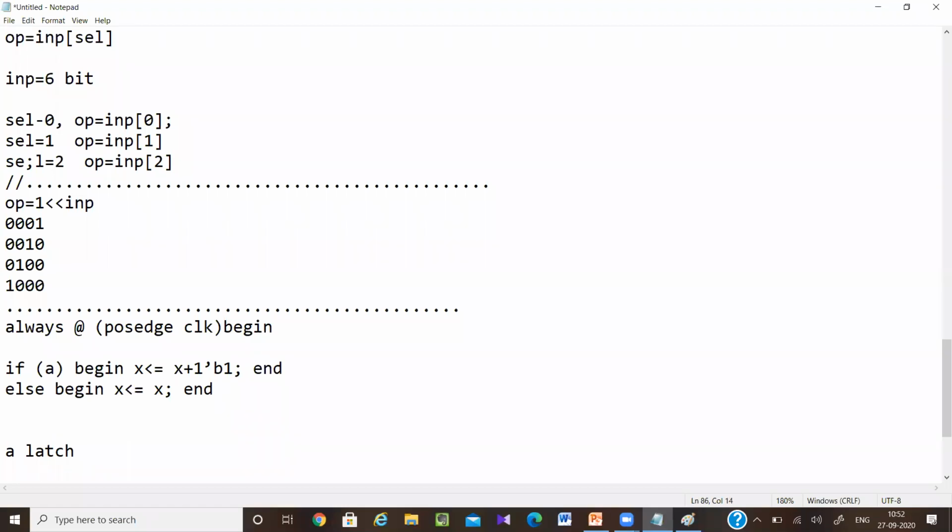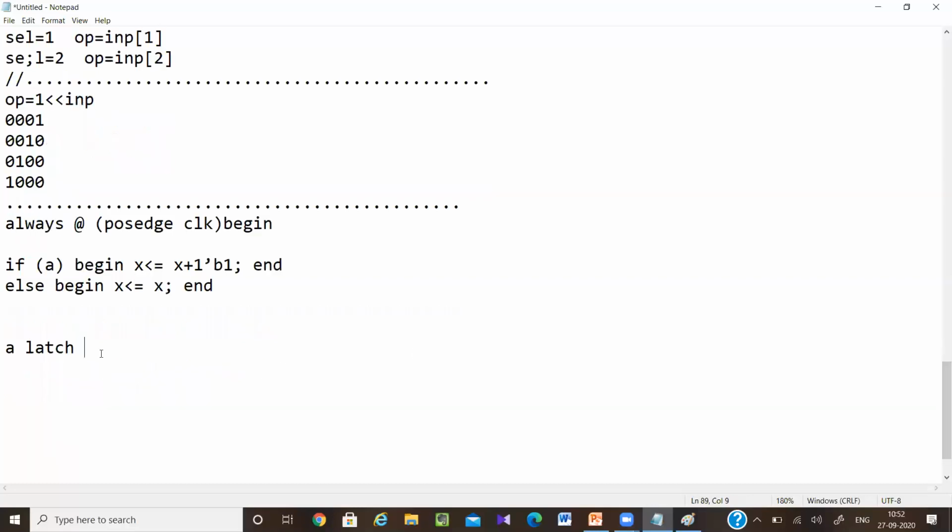Ma'am, with the signals in the sensitivity list, why will it not be a sequential circuit in that case? I have already told you, for a combinational circuit we write the signals in the sensitivity list, and for sequential we normally prefer a flip-flop. In a flip-flop it is edge triggered. But if you want to design a latch, a latch is level triggered.